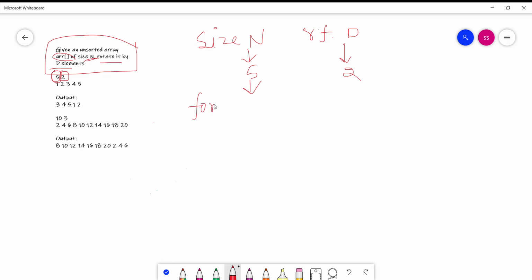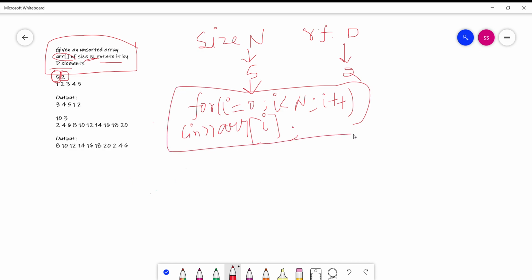For this purpose, I have to take a for loop starting from I is equal to 0, I is less than n, and I plus plus, and we have to insert the element into the given array ARR of I. How can I insert the element into ARR of I? By using cin. So this statement will insert the given number of elements into the given array.